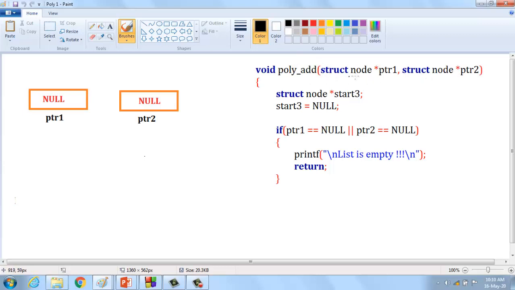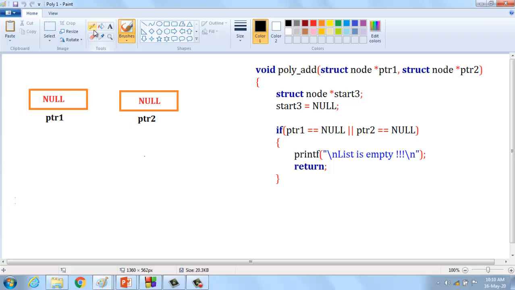The first parameter is ptr1, defined as a pointer variable with type struct node. Then ptr2 is the second polynomial's pointer variable, and we define struct node start3, which acts like a head pointer. When storing each item into the resultant polynomial, we declare a header pointer, start3, initialized to null.